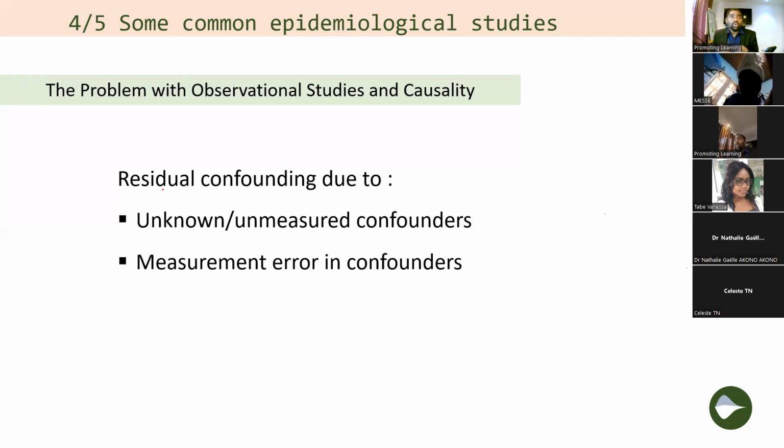But measurement error should also come in when we are measuring confounders, or else we're going to have what they call residual confounding. Residual confounding comes from the fact that in observational studies, it's not possible to control for all the confounders, and it's not possible to control for all the confounders perfectly. Whether it's at the analysis stage or at the design stage, we almost always leave out some confounding,